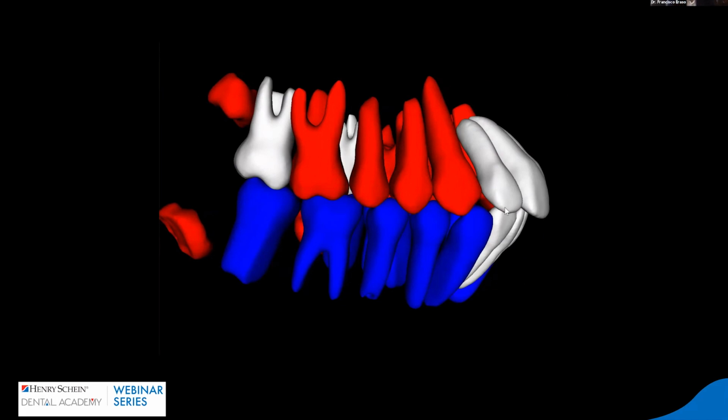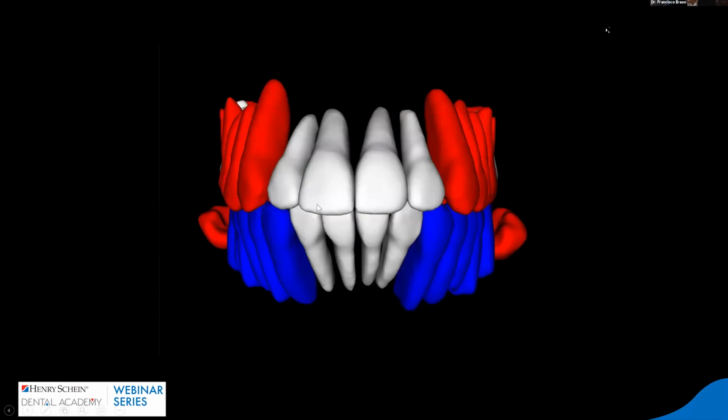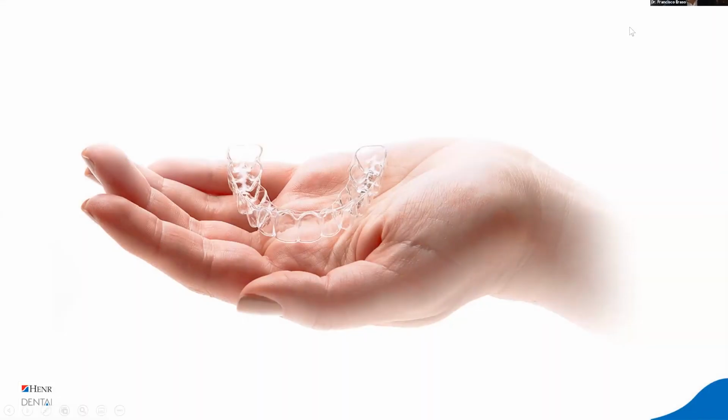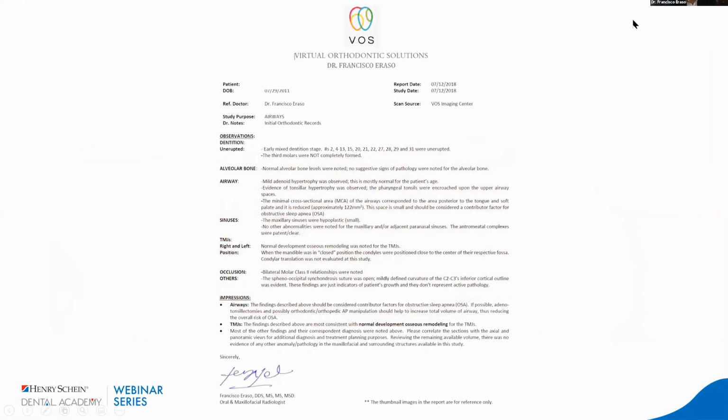It's like, oh my gosh, I'm trying to correct the class 2. I was very successful because I used the technique very well, but the patient relapsed immediately. And the reason was because the tongue was still pushing forward and not allowing me to correct this fast enough or stable enough. So the last case that I'm going to show you is, again, a report that I have,